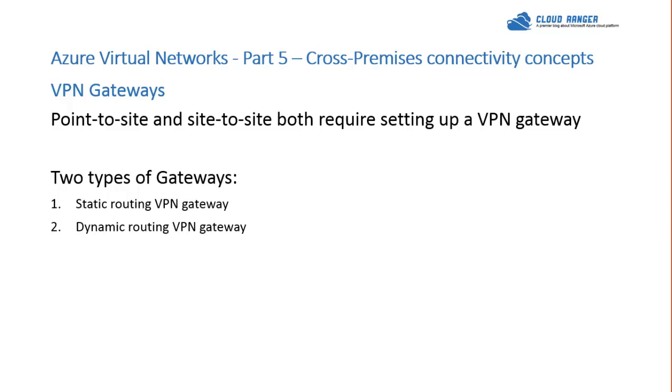So all you have to remember is that point-to-site and site-to-site both require setting up a VPN gateway. It means you are going to have a VNet and you're going to enable the gateway if you are trying to make a point-to-site or a site-to-site. And there are two types of gateways. One is a static routing VPN gateway, and there is a dynamic routing